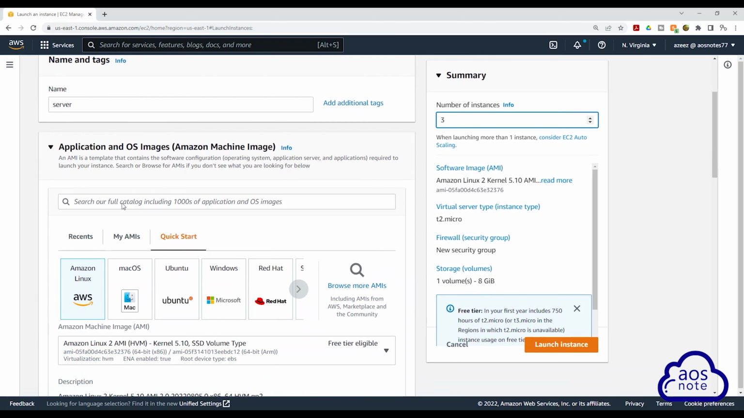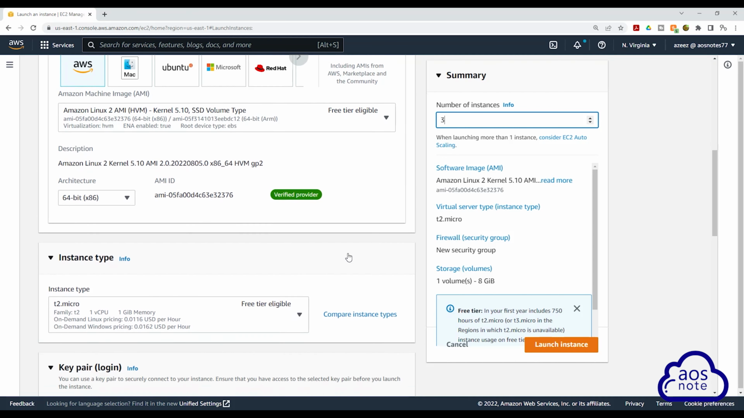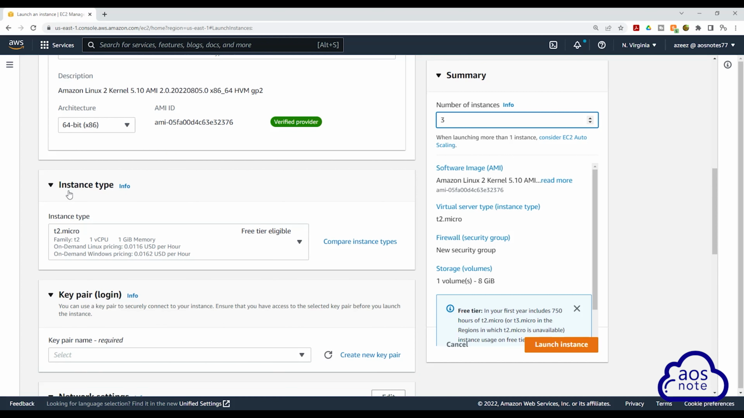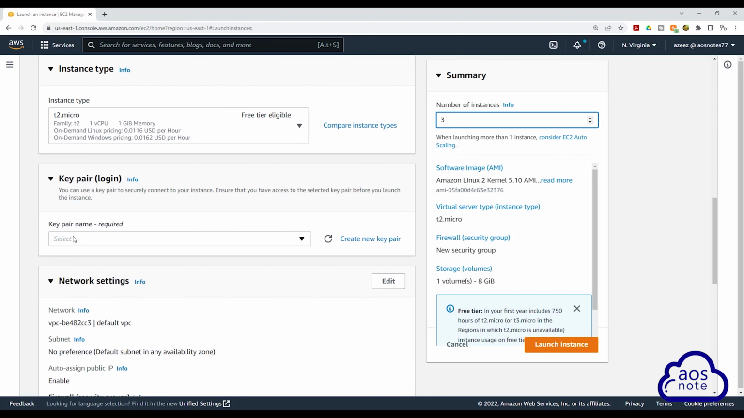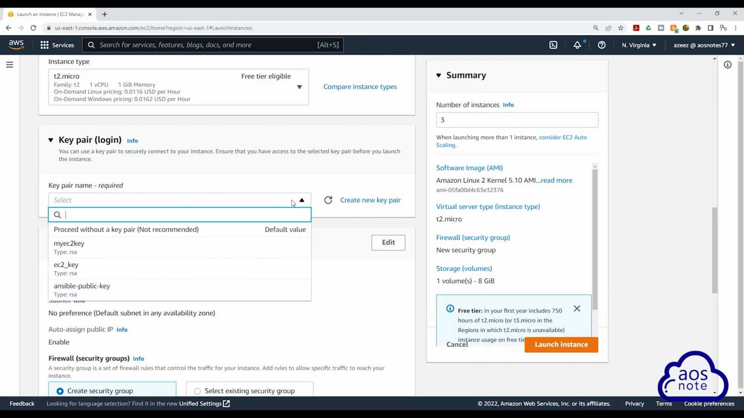Then scroll down. Under application and OS images, select the quick start tab. Then on this tab, select Amazon Linux. Make sure under AMI, you have selected Amazon Linux 2. It is the free tier. Scroll down. Under instance type, make sure you select the T2 micro. Scroll down. Under key pair, select this drop down and make sure you select the Ansible public key we just